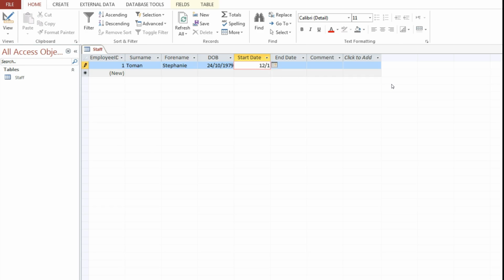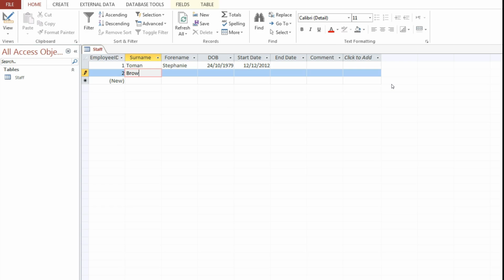So then we've got a start date 12/12/2012, enter, no end date, and then there's no bonus. So notice when I do Brown as our second employee, the number 2 comes in the automatic ID to make them different and unique. And we've got Tom, and we've got